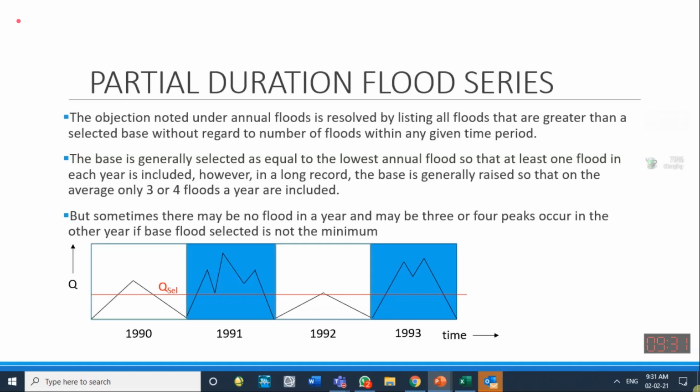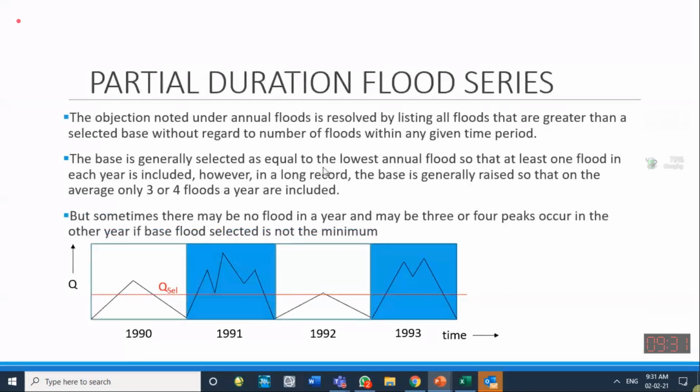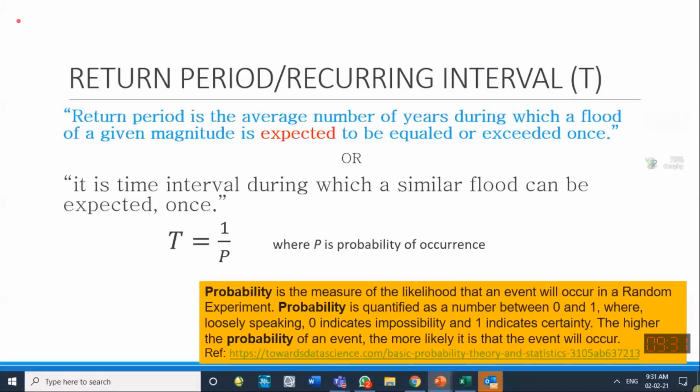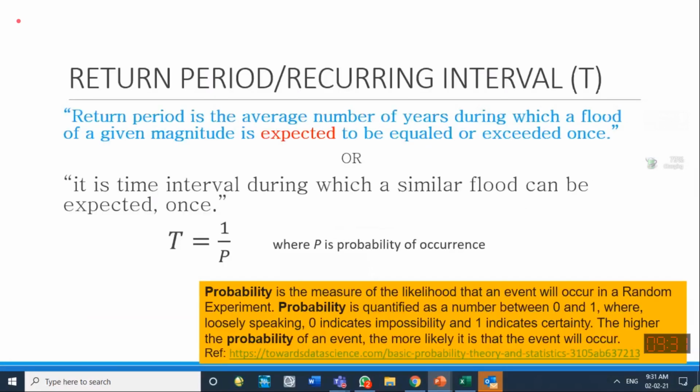First we have to find the data. So you will be finding either an annual flood series, or you can specially collect the partial duration flood series. If the flood series is with you, then you can calculate its return period, you can calculate the probability of occurrence of each flow, and then you can carry out the analysis on that. So if you have the flood series available, then the return period is actually the inverse of the probability.